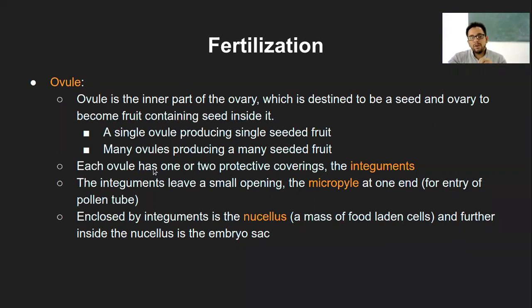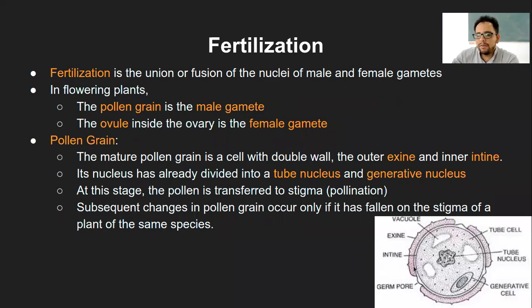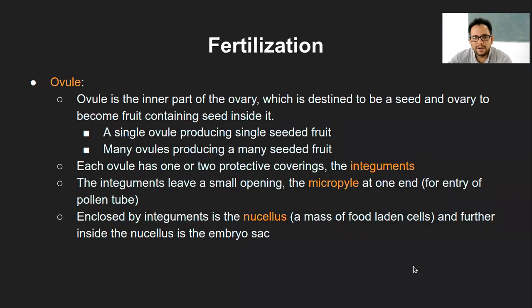Now, each of the ovules has one or two protective coverings. So now we are coming to the structural aspect of the ovule. We had looked at the pollen grain structure; now we will look at the ovule structure as well. So ovule has one or two protective coverings, depending on what type of ovule, what type of flower it is, what type of fruit that plant is going to form. These coverings are called integuments. Now again, a new terminology, I suppose, for you people. That is nothing but just the covering.